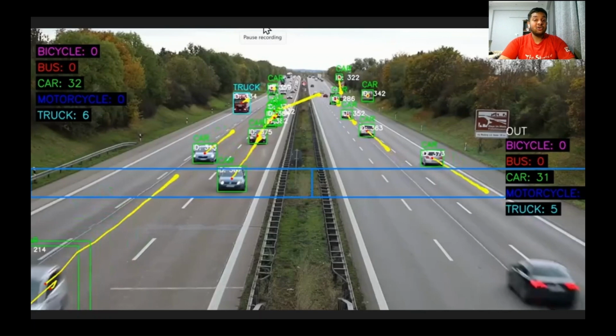First we'll talk about YOLO. It stands for You Only Look Once. It is a powerful object detection model that identifies vehicles like cars, trucks, and buses in each video frame. Second is DeepSort. On the other hand, it is responsible for tracking multiple vehicles across frames, ensuring each one gets a unique ID that sticks with it, even through crowding and occlusion.